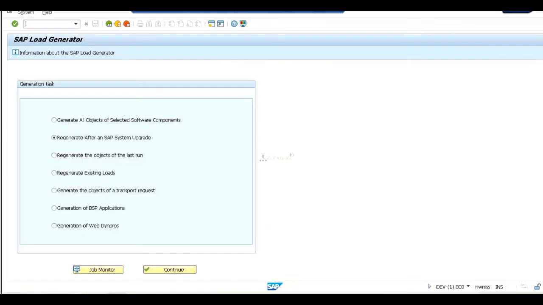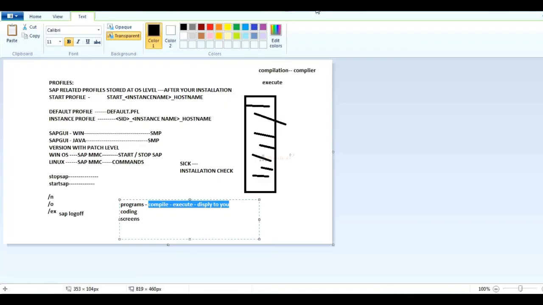That's why it shows compile, compile, compile whenever you execute a T code. Every time you call a new program or screen, it compiles, then executes, then displays the output. This takes a lot of time.